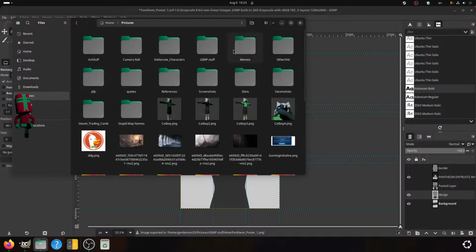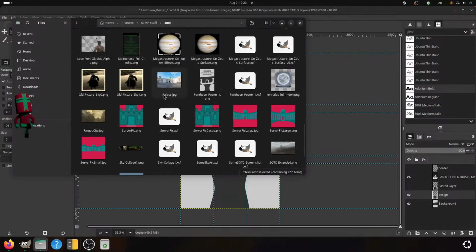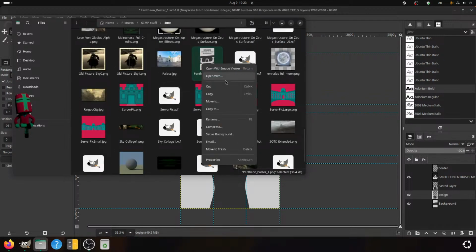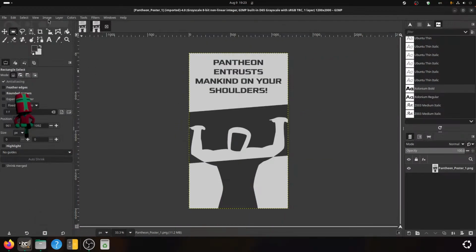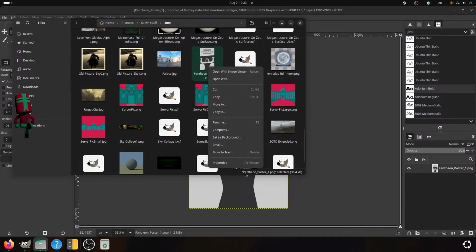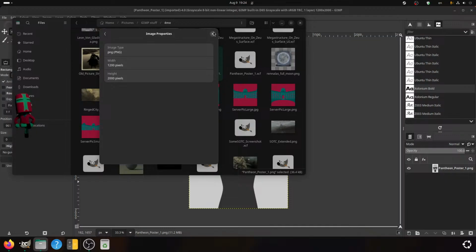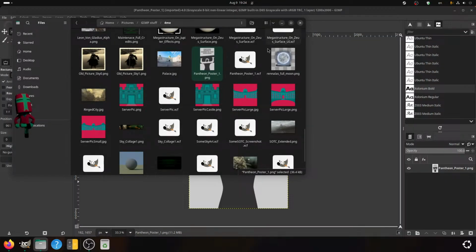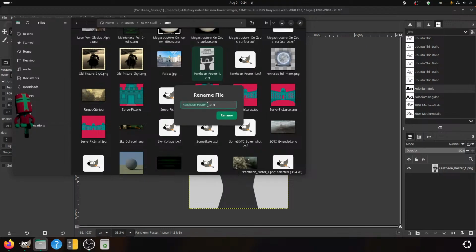Then I can come in here, open with GNU Image Manipulation Program, and what are your resolutions? 2000 by 1200. Okay. So you will be renamed high res.